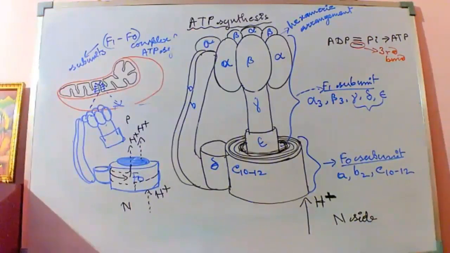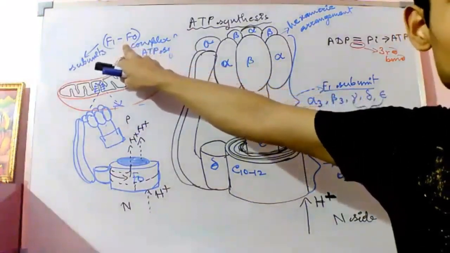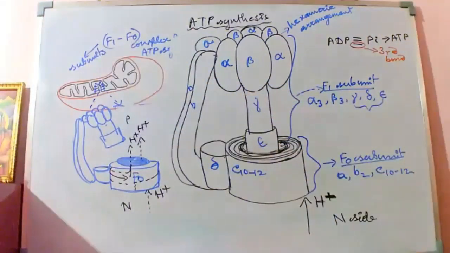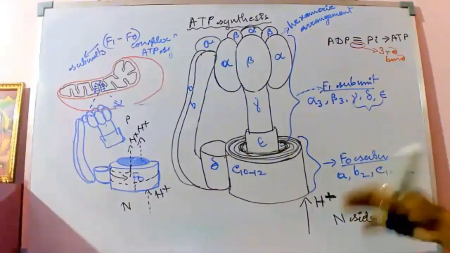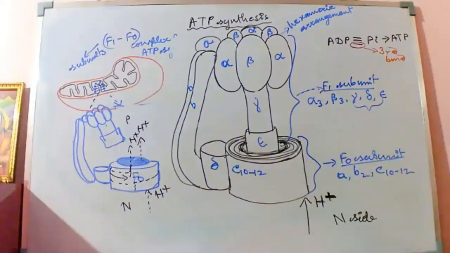And in that case, the F1 F naught complex can be reformed freshly, and when this F naught F1 complex is again reformed, then in that turn ATP synthesis happens. So now the concept is, after one cycle of electron transport chain, within the intermediate cycles of the electron transport chain, the enzyme ATP synthetase tries to function in order to synthesize the ATP molecule.